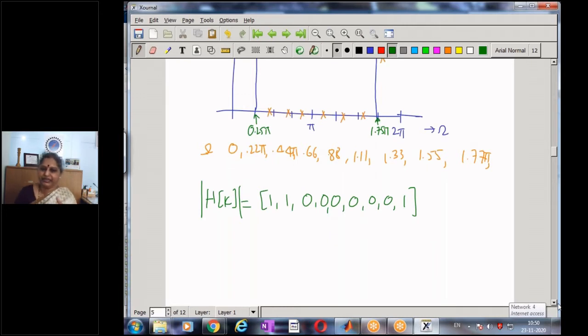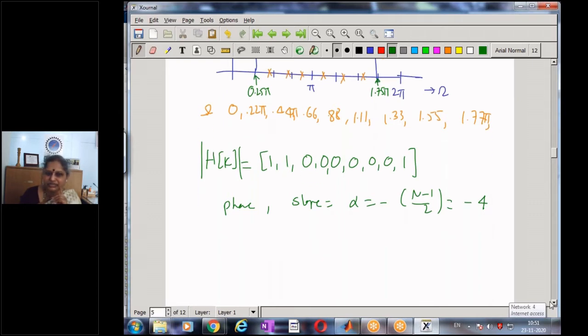If I directly compute the IDFT, I will not have ensured a linear phase characteristic, and hence I need to define my phase. What's my phase? Phase is going to be linear phase, and how much is the slope? The slope is going to be alpha, that is minus (N minus 1) by 2, and N is 9, so 9 minus 1 by 2 is minus 4. So now I need to define the slope for each of these. This value of omega is 0.22 pi, and this should have a slope of minus 4.